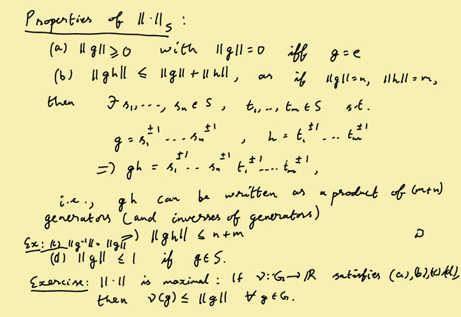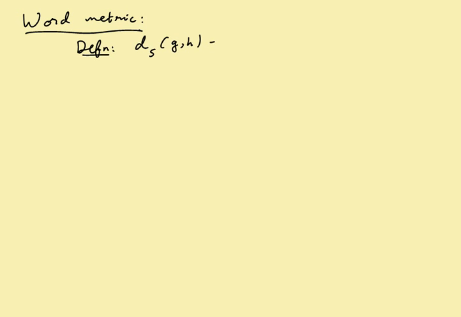Okay, so this will also be useful in various contexts. So now from the norm we have a metric, the word metric. Well, it's the way you make metrics. So, definition: d_S of g, h is the norm of g h inverse. We could put the inverse in the other place; it might make a difference, but